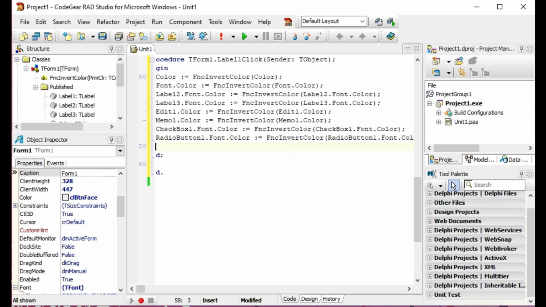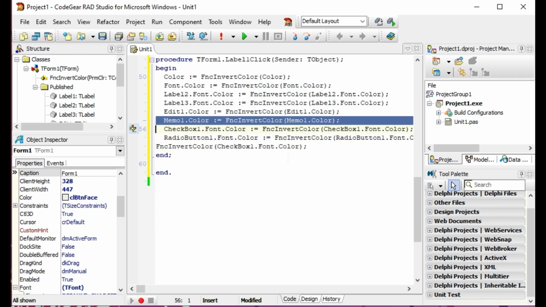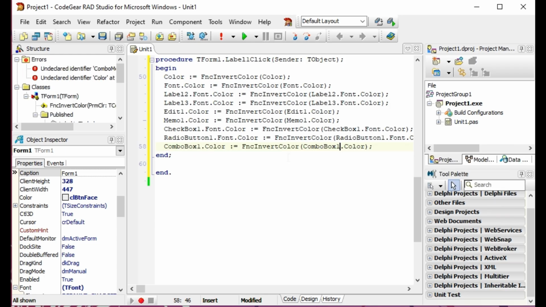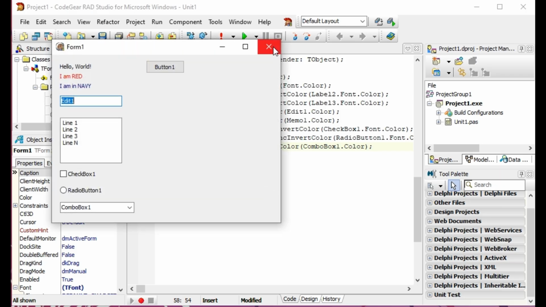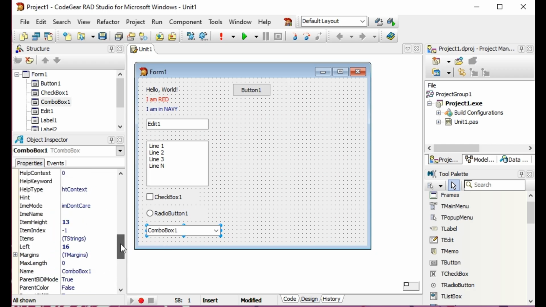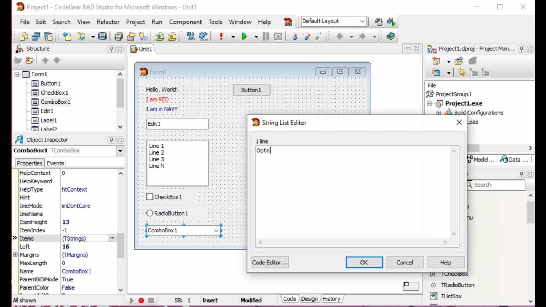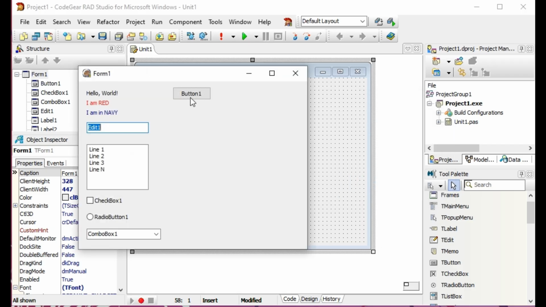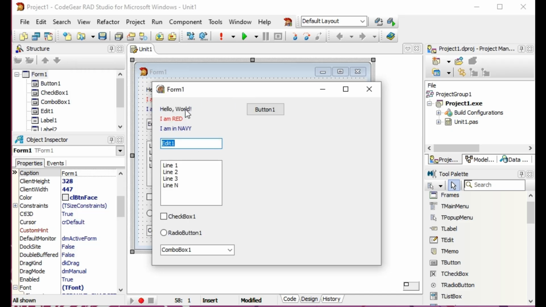Then combo box, okay, let's try this. Perhaps I need to add some items to the combo box. Okay. Let's try it again.